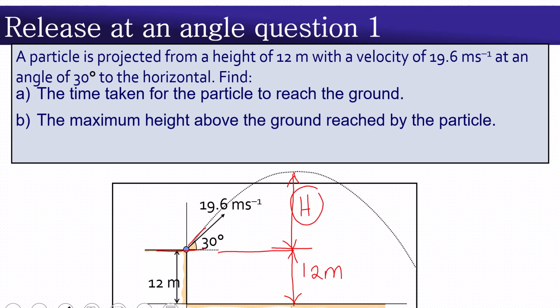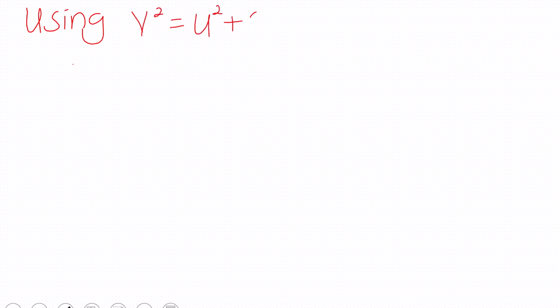Let's see how we can get this h and then add there 12 to get the total height above the ground. So here we are going to use the third equation of motion, which is v squared equals u squared plus 2as, and we're going to consider vertical motion. We know that our v at maximum height will always be 0,